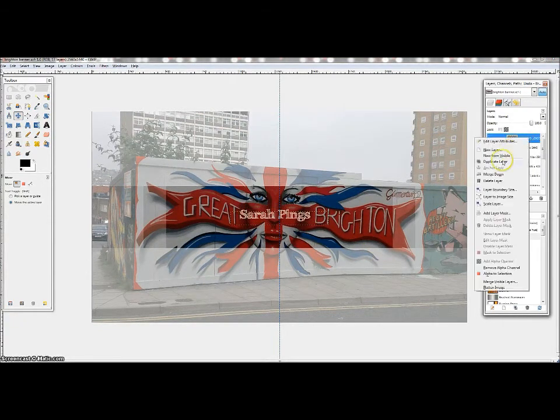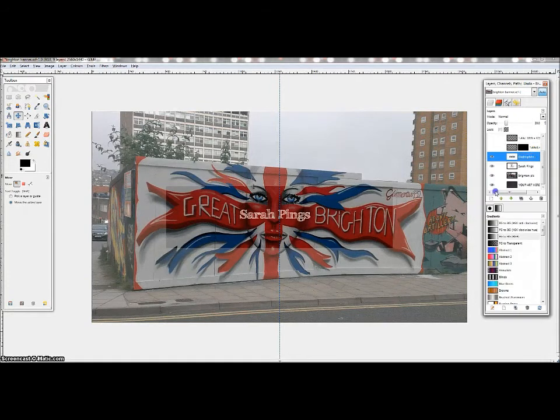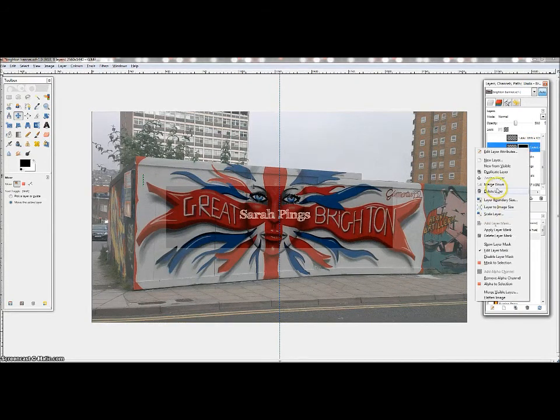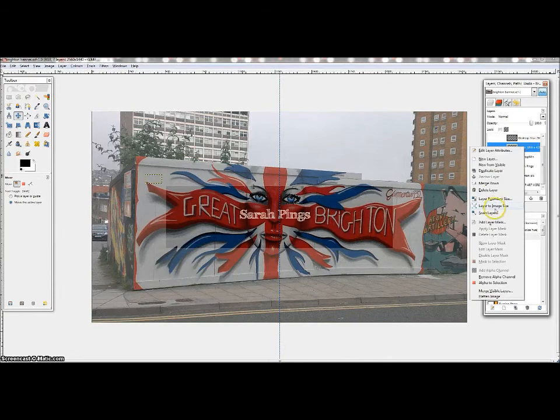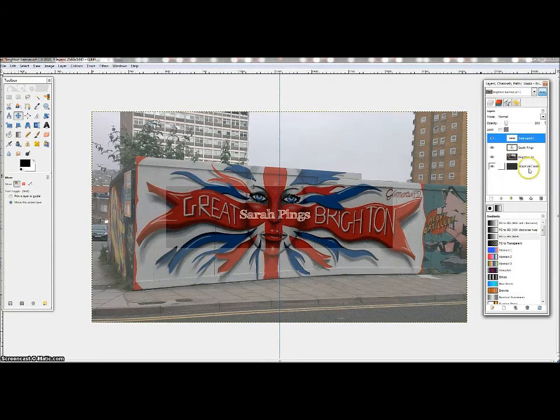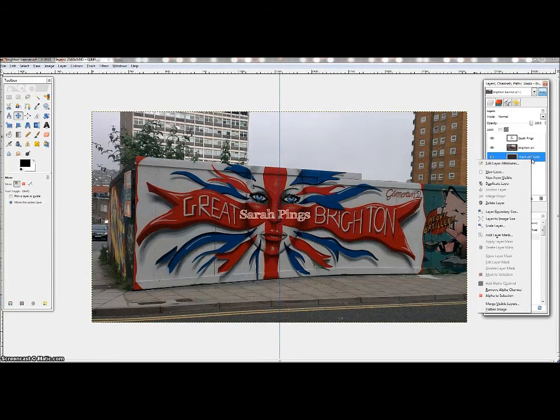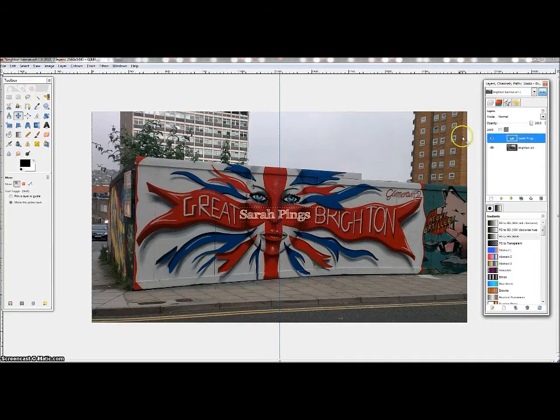So I'm actually going to delete all of these layers here that I don't need. Remember, if you delete something by mistake, you can always do Control Z and it will bring it back. So now I'm losing, as you can see, all of that text, and I've now lost all of the shading. I can actually also delete the background layer now,